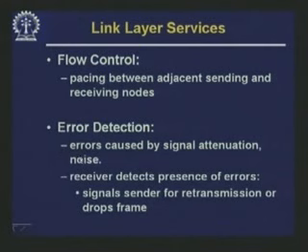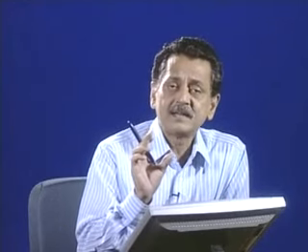Error detection: errors caused by signal attenuation, noise etc. So, the receiver detects the presence of errors, that is the error detection part. Now, once you detect that there has been some error, several things may happen. First of all, you may ask for some retransmission from the other side, so that you can get the correct